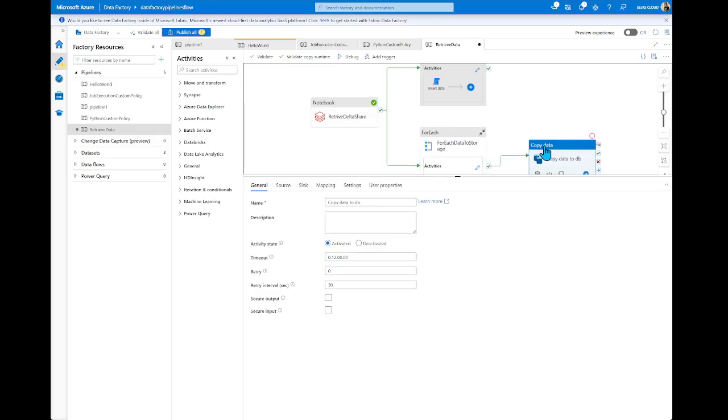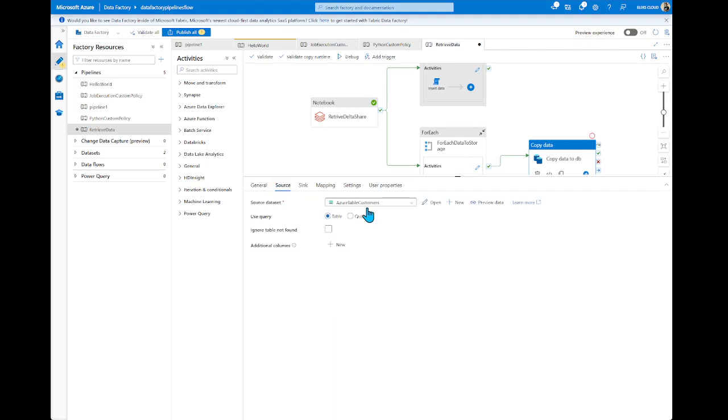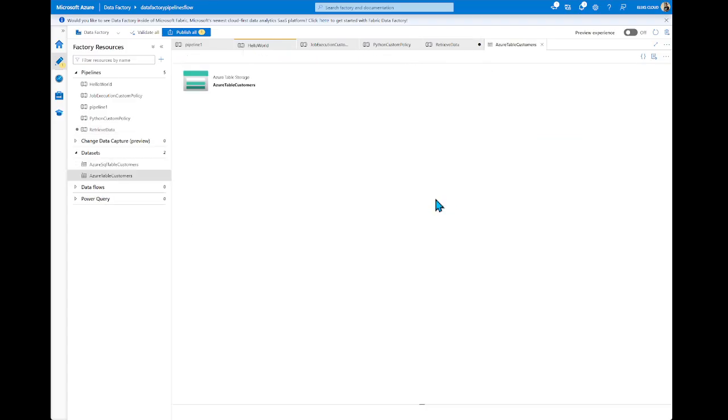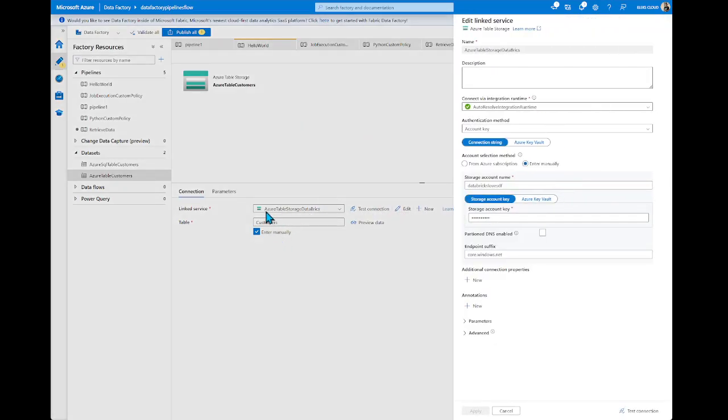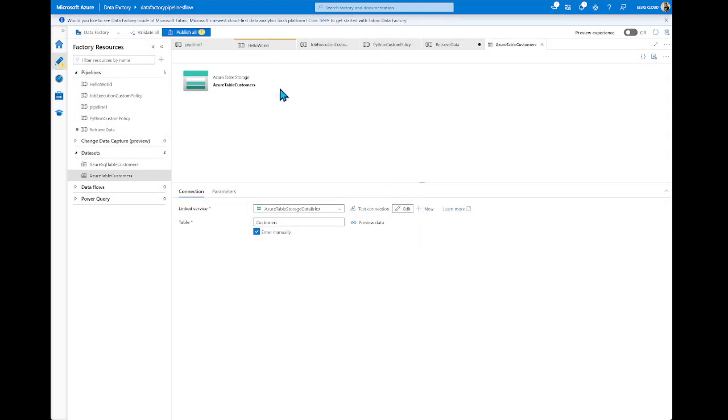In a copy activity, as I mentioned, we have a source and sink. For the source, we need to specify our source dataset. In our case, it will be the storage table. Let me open this and show you. So we have a specific storage table and we specify the existing table, the simple linked service, nothing more. Account key: we specify our storage name and storage account key to connect to this particular table, and that's it.